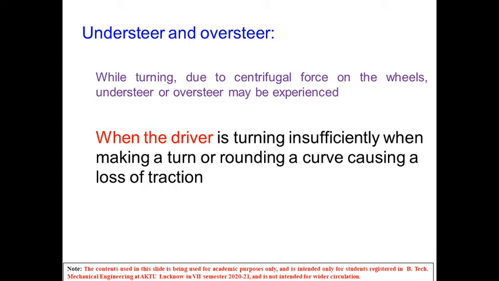Because if we look at the plane of the wheel, two forces are acting. The side thrust will be acting, and to counter that, a cornering force will be acting over that. And there is a gap between the side thrust line of action and the cornering force line of action, and that creates a turning couple known as overturning couple, and a rightening torque is produced that causes the wheel to come to its normal position.